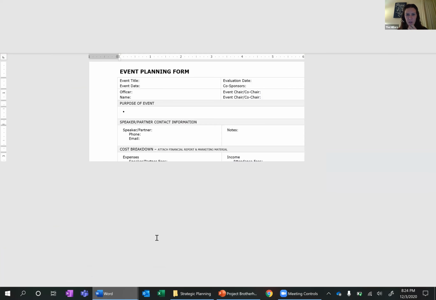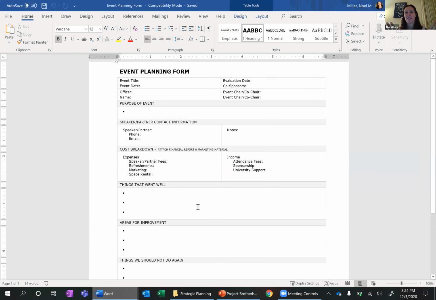There is an event planning form, and guys, again, feedback is gold coins, right? So if you find something as you use these forms and you're like, Noel, this needs to be updated, dude, give it to me. Let's update it. But this is our event planning form, very basic. Event title, date, evaluation date. That's important. The date that you do a retrospective, it matters. Your co-sponsors, if any, your officer who was responsible, the officer title as well as their name, the event chair and co-chair, purpose of your event. So in one sentence, what's your elevator speech of why you did it, any partner or speaker contact information,